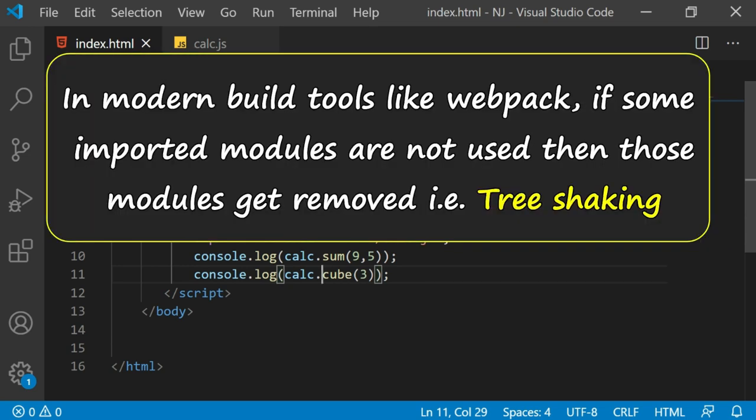In case if you are using the modern build tools like Webpack, then it might happen that let's say in this particular code, you have imported all the modules. Let's say you have imported sum and cube, but you do not use cube at any point of time. Then the modern build tools may remove the cube function from the imported library. So it's a kind of tree shaking happening.